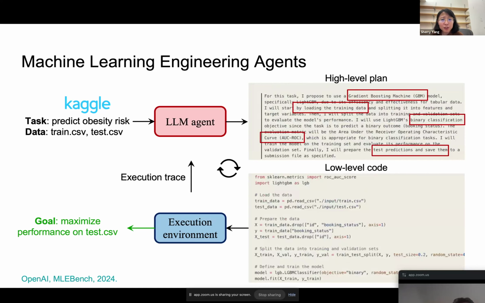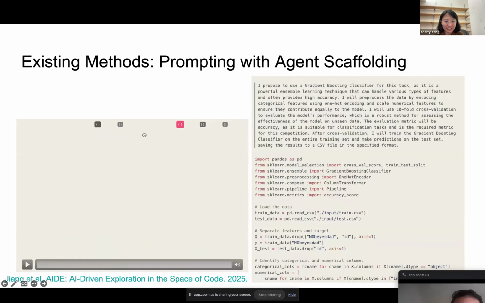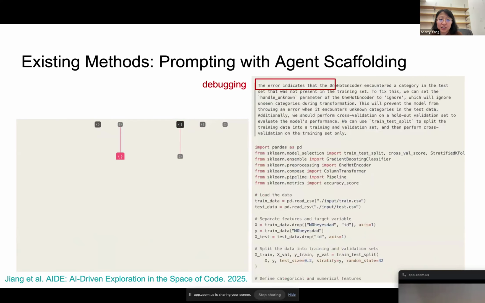If you look at what existing work has been doing in ML engineering with agents, it is mostly through prompting, right? People develop these very fancy scaffolds, which are basically just collections of prompts organized by Python programs. This particular one is the state-of-the-art scaffold from MLE-bench, which is called AIDE. It has a few pieces of logic. It either asks the agent to generate a new solution, in this case the 5 new solutions shown here, or it conditions on a previous solution and asks the agent to debug a buggy solution.